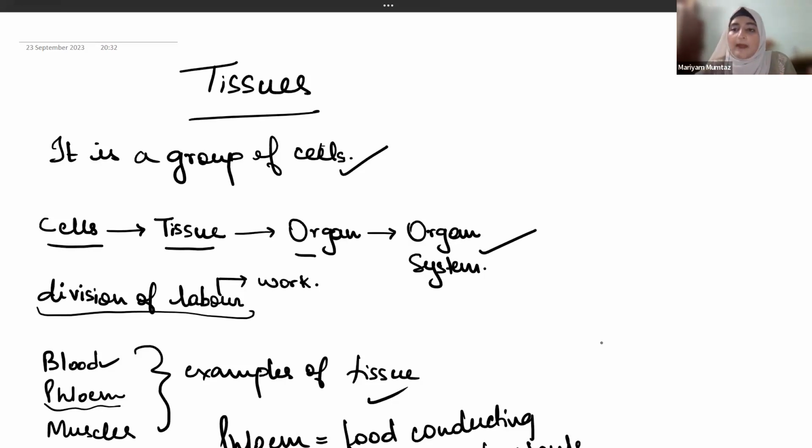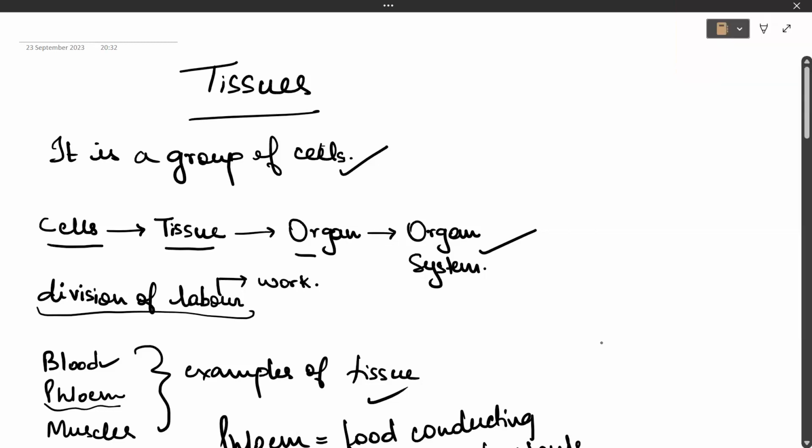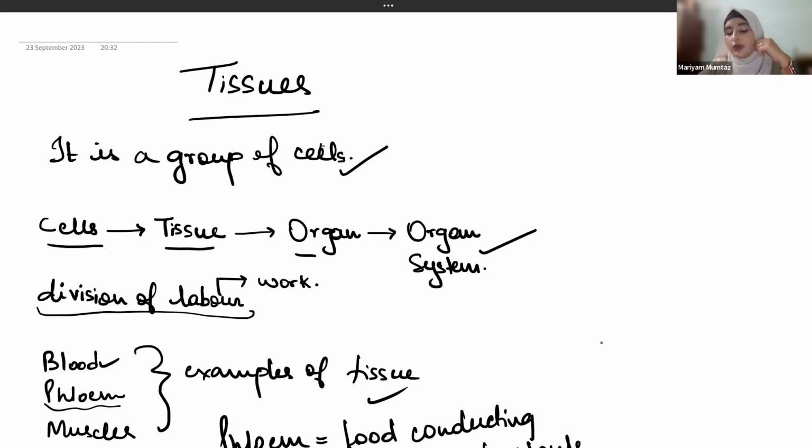perform, isn't it? But as soon as the number of cells increased, it means that our duties can be divided, isn't it? Like, for example, if you live alone in your house, then you are the only one who has to do all the work. But when other people are there, you can divide the work, isn't it? One person can do one thing, then you can do another. It means that there would be a division of labor.